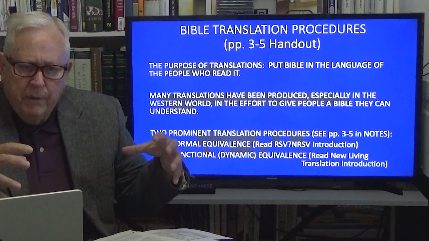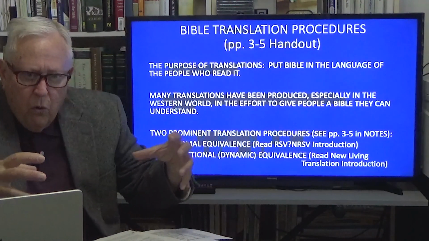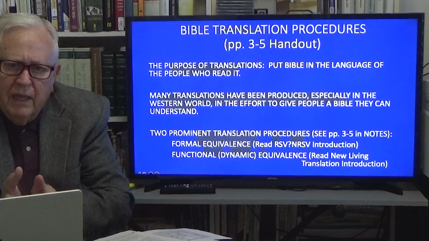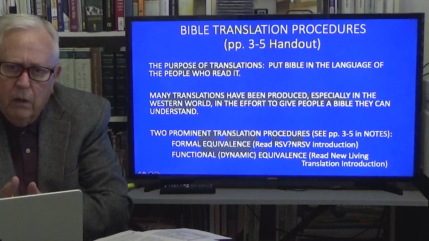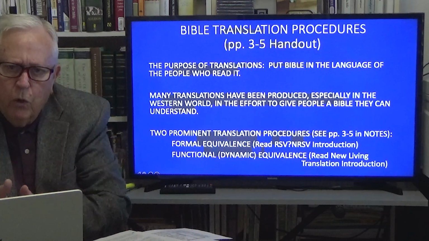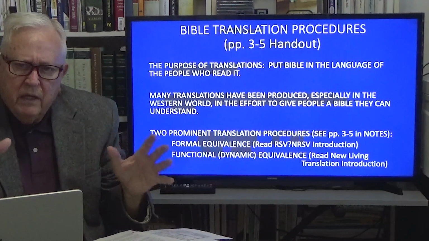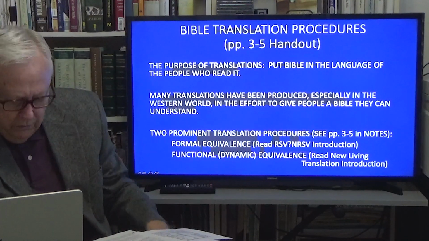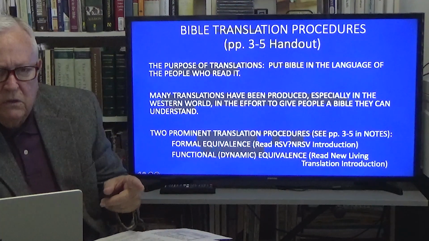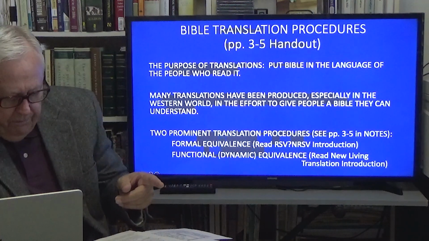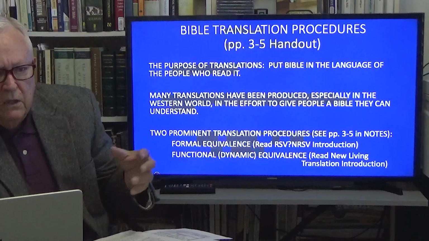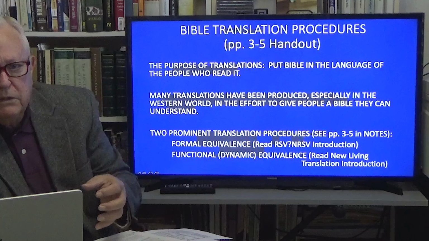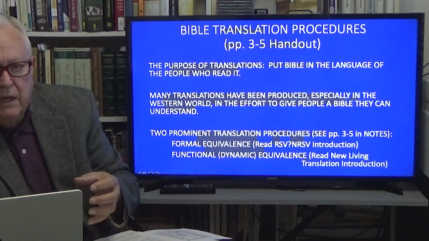Translation means you've got to have the ability to take the whole and render it into a sentence in your own language, like in English, which word order has a major role to play. And so it gets kind of complicated. Don't ever criticize translators unless you know what in the world they're doing. So be as literal as possible, as free as necessary. So a translator is always taking some liberties.